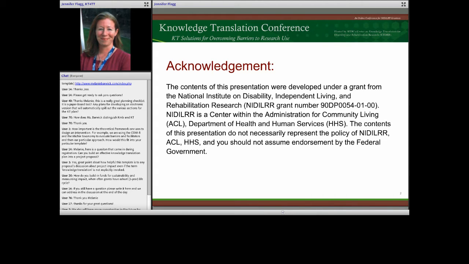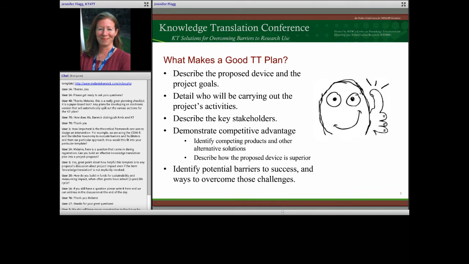So jumping right in, let's first consider what makes a good technology transfer plan. So in a nutshell, you want to describe the proposed device and the project goals. What exactly are you creating? And what's your vision for an end product? So if your role ends early on in the project, what will be the ultimate end output? You want to detail who will be carrying out the project's activities. Is everyone working on the project internal to your organization? And if not,